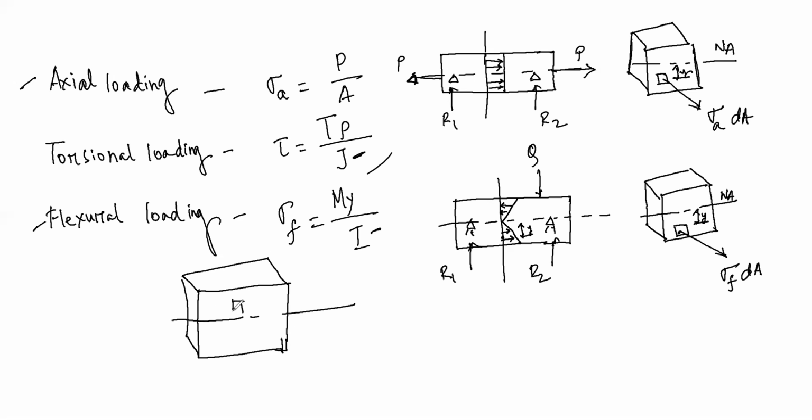So at one part there will be sigma F, and at one side there will be, and also in the same direction there will be sigma A dA. Both sections. So here sigma F,